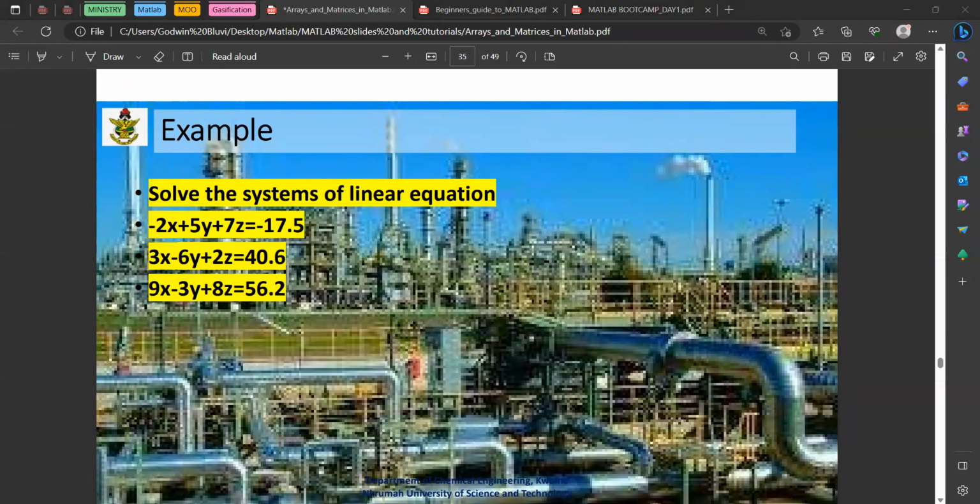9 minus 3, 3, 8. Yeah, I've seen it. 9 minus 3, 8. Enter. Okay, that's fine. And then for left, 9 minus 3, 8, right? Yes, I've seen it. So now for the left divide approach, we said that what happens is